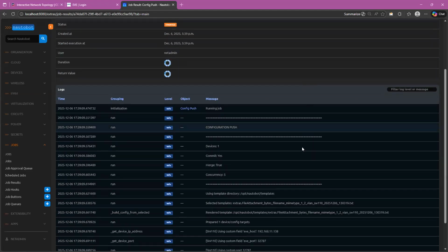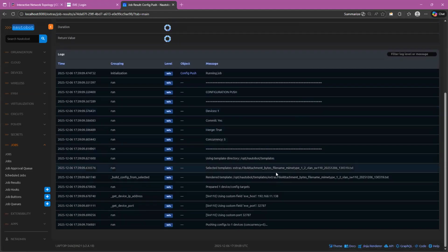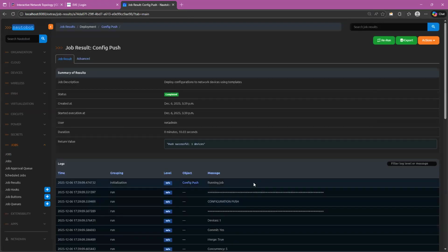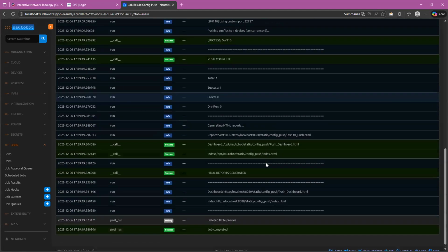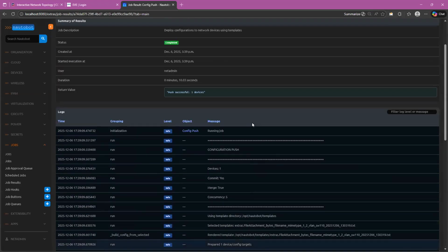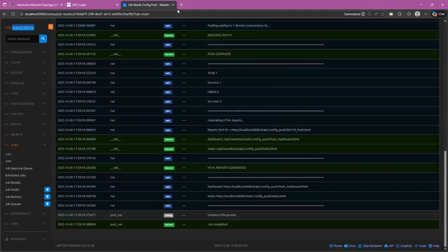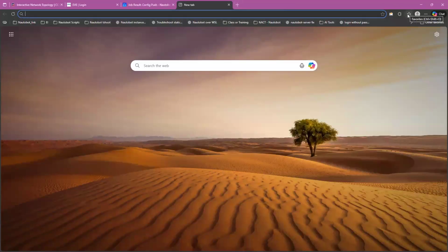What will happen? This script will go and connect to this particular device. You know that in this lab we have certain telnet and port numbers, right? Those things I have added as a script. And then it is pushing this configuration. So pushing part is okay, but then we can go and check all such type of reports. I have created the report page as well.